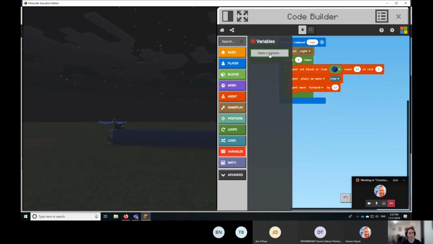Variables, you can make a variable. That's getting into a little bit more complicated things, sort of like a year 8 or 9 level of coding. For example, if I wanted to have a scoreboard and every time my agent touched the plate or a chicken touched the plate, I could make that a variable. So how many times the plate was touched by a chicken,